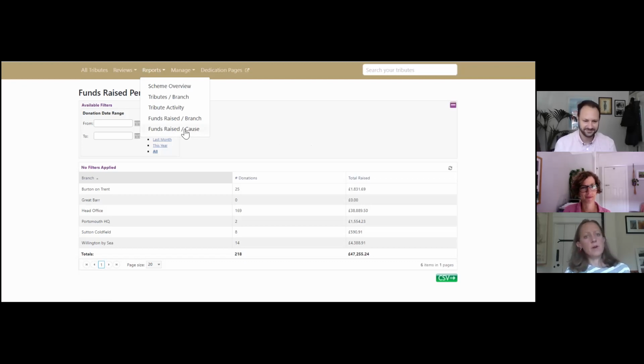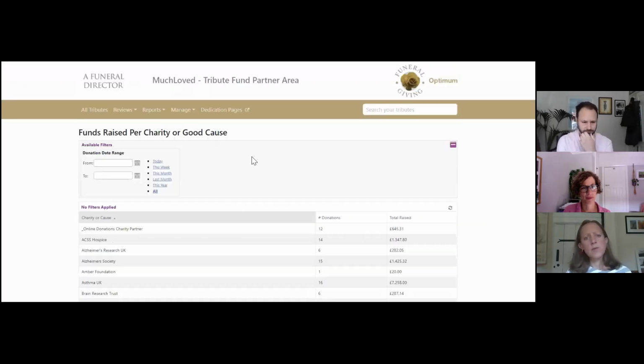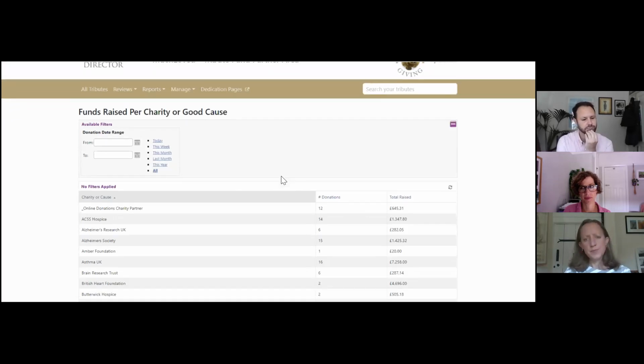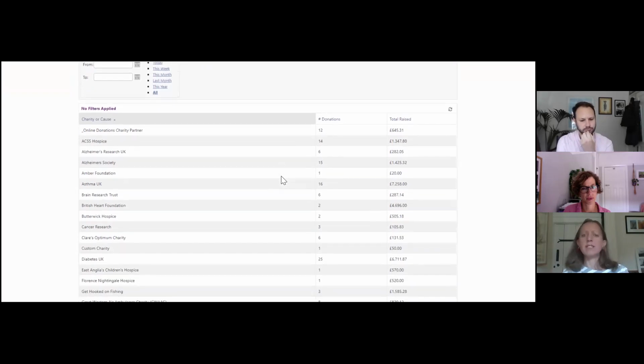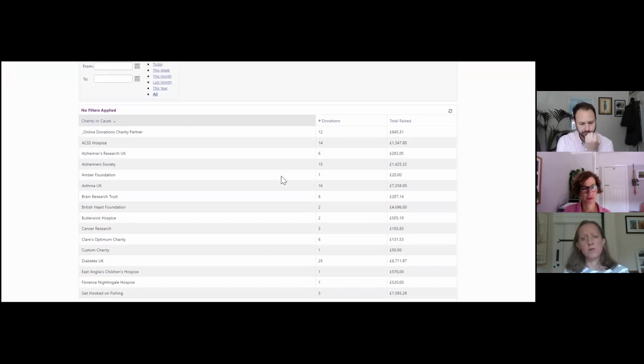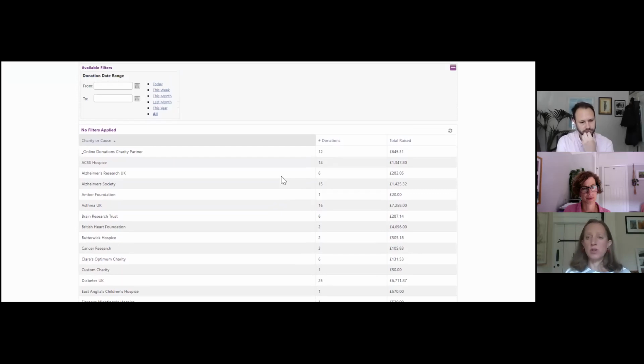And then the last one is the funds raised per cause. So you'll have loads of charities that your pages are fundraising for. And what's lovely is to see on a charity basis how much has been raised for them. And actually a really nice opportunity. One of the things is what you're going to do with this data. One of them is to engage with those charities,